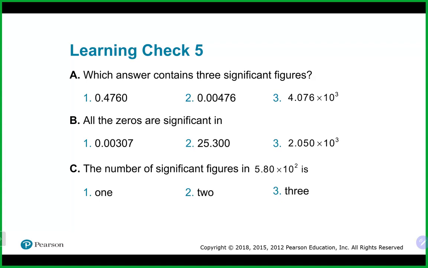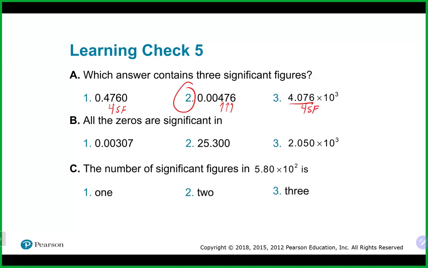All right, let's take a look, see how you're doing. We'll start with the first one. We're looking for 3 significant figures. 1, 2, 3. Which one? Yeah, number 2 has 3 significant figures. Again, we would start counting here, significant. This guy would actually have 4 significant figures, as the 0 at the end is significant. And the guy over here would actually have 4 significant figures as well, as it's 4 numbers before the times